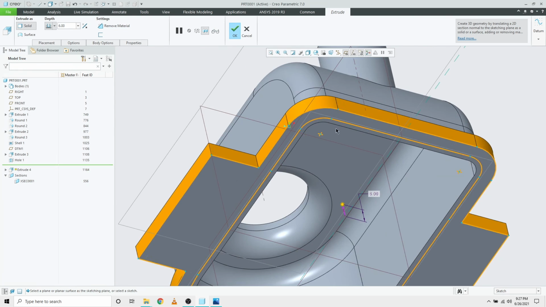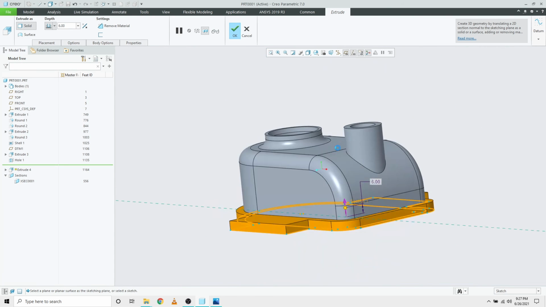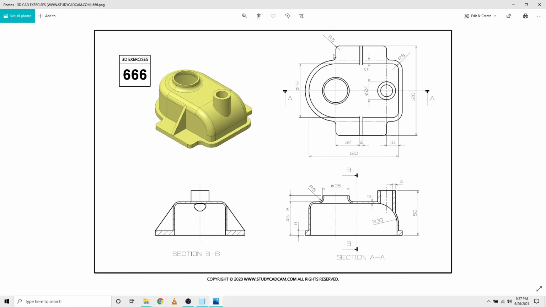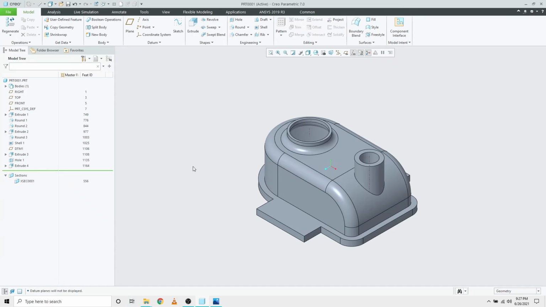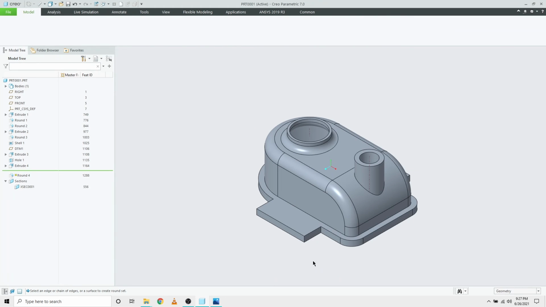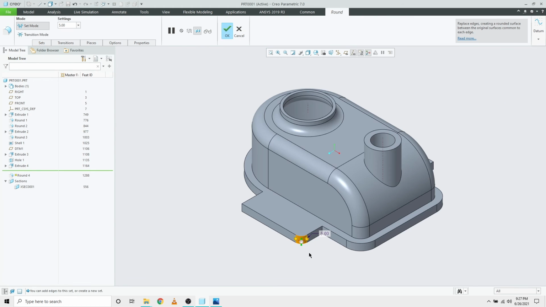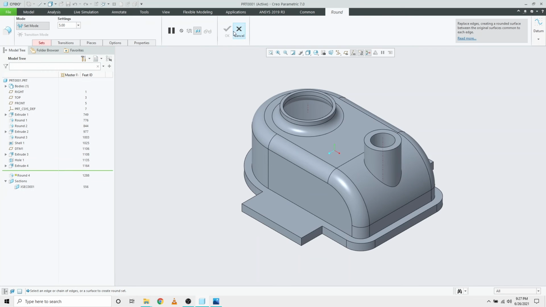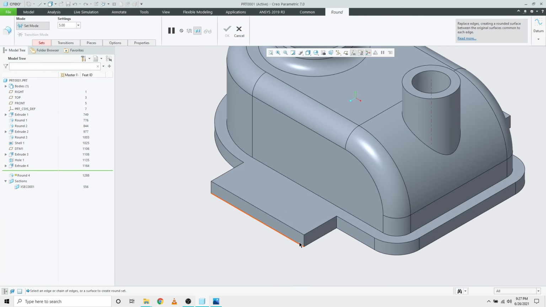Now you can see the element has been created. If you had keenly noticed, I had missed this round 5. I had purposely left it unsolved because I'm going to use engineering round. The basic thumb rule is you should not use fillets or chamfers inside a sketch unless it is purpose specific, because it is part of engineering.